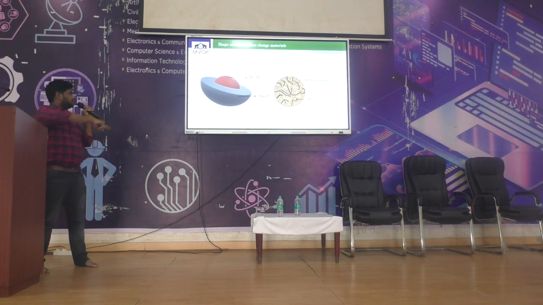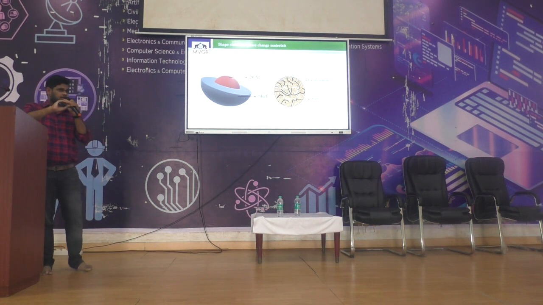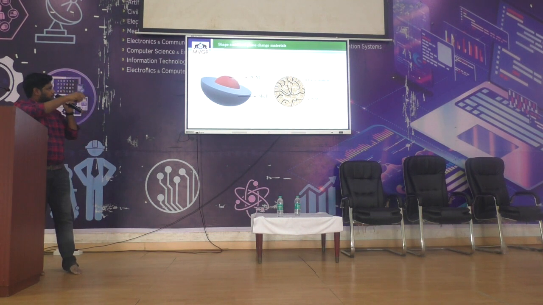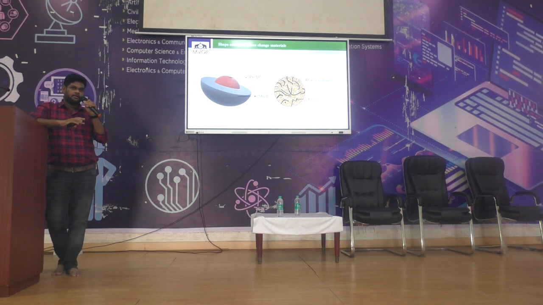So what is the encapsulation? The PCM is the core and it is completely enclosed with some shell material. Either this shell is made up of organic material, inorganic material, or metal-containing parts. And coming to the porous structure material, in this we pour the liquid phase change material into the porous structure so that we can make a shape-stabilized phase change material. So with these two techniques, I can get a high thermal conductivity phase change material, and meanwhile I can address the leakage issues.